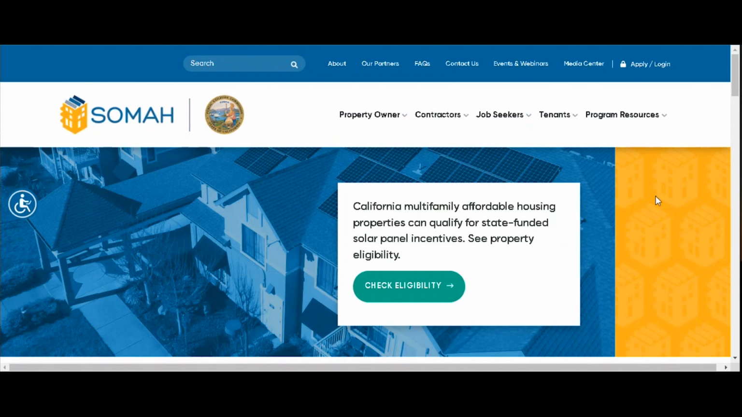Hello, everyone. Today we are going to be going over the last step in the application process, which is the